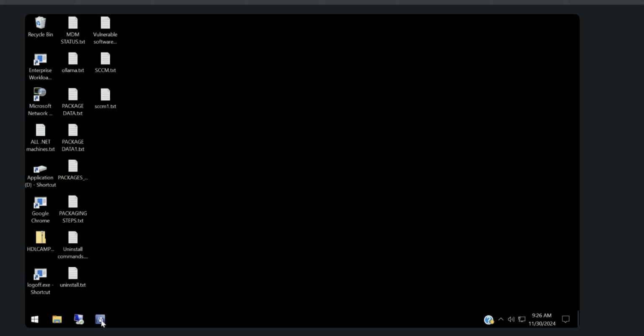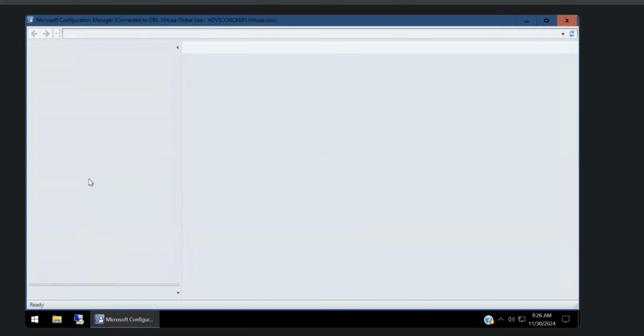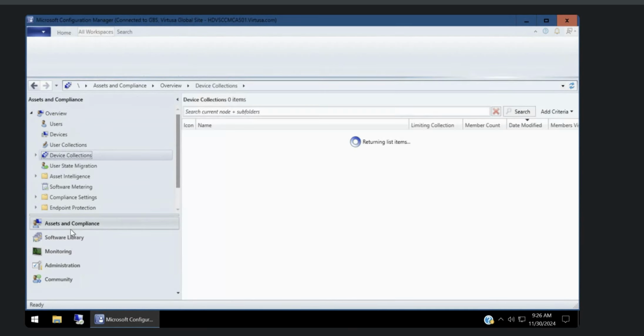Okay. I'm opening the console. Yesterday we have seen about the application model and deployment of it, and how to create a device collection, and what are the logs we need to check for the application. Okay. So